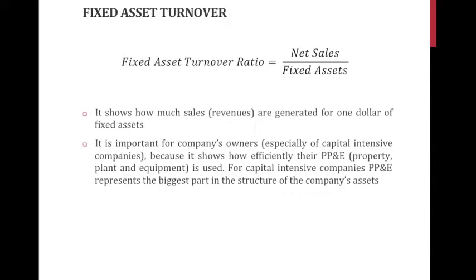So, as we see, once again, it is a context-dependent ratio, and in sectors where we need a lot of fixed assets, like manufacturing, most probably we will have somewhat lower ratios compared, for example, with the service industry, where companies might operate with very low levels of fixed assets. So again, please pay attention to the context and type of business you are in.